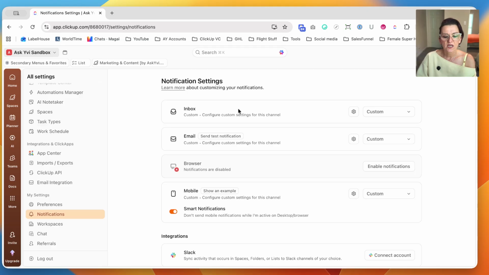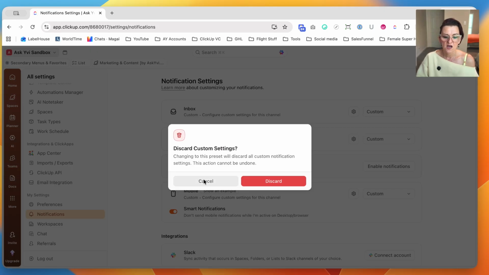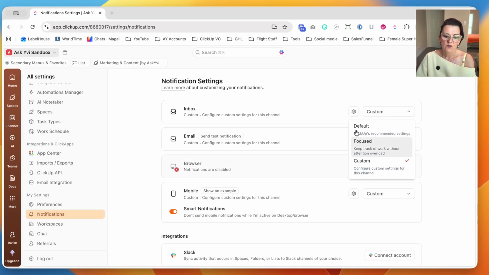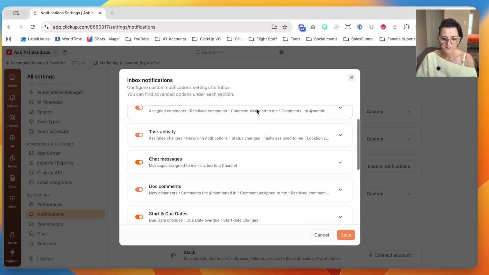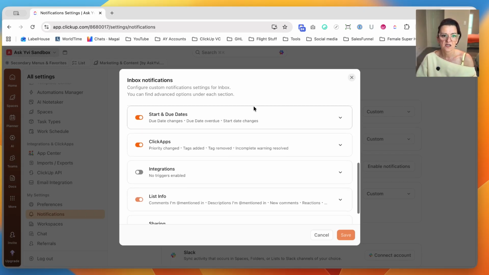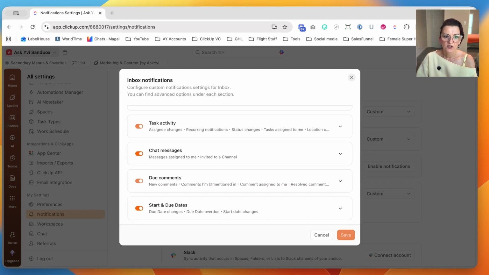Number one, let's look into the inbox notification. As you can see, we have default, focused, custom. They usually come in default setting, and you always can set them back to this, right? We always do everything in custom and then set the settings icon for you to be able to choose what you would like. Now, as you can see right up here, some of them are required for the inbox to work. And we often start with the inbox simply as it is set up. Going through this,